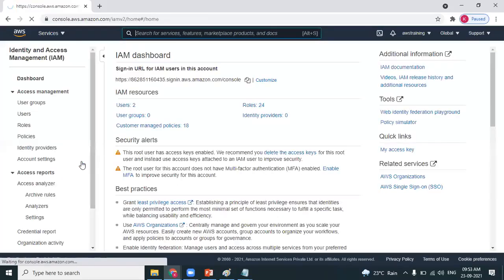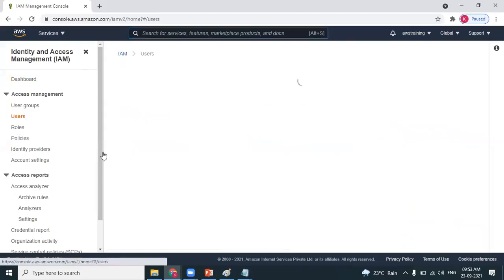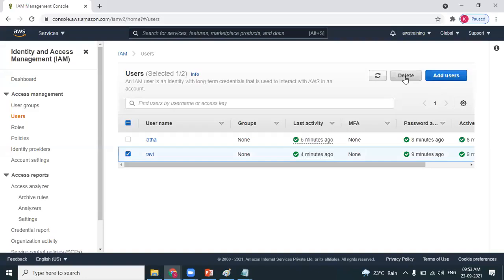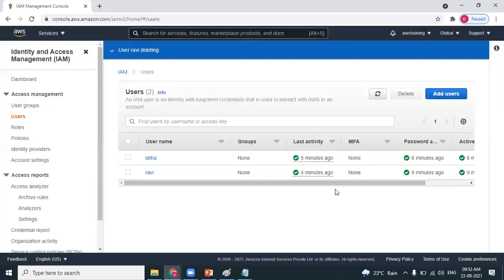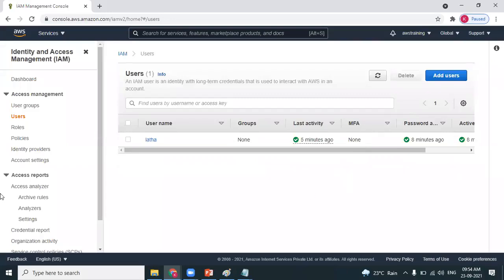So like this, you have now experienced how exactly we can create new users and new groups. Let's say you don't want a user. I don't want Ravi user. Go to users, select Ravi user. Let's say you don't want this, we have an option to delete the users. Whenever, let's say, a resource leaves the organization, we don't need access for that particular user, isn't it? So we have removed the user. Like this, we can create users.